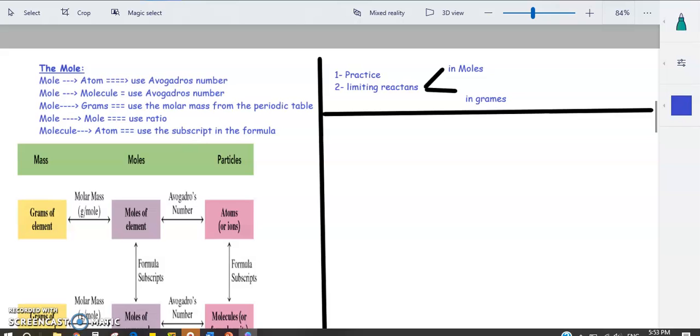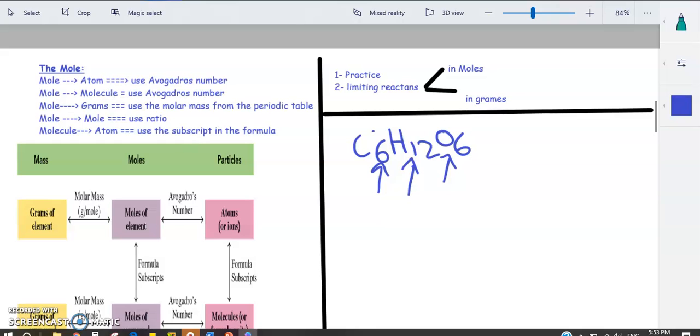So the last one means if, for example, you have our famous molecule, which is the glucose, it means that one molecule of this has 6 atoms of carbon, 12 of hydrogen, and 6 of oxygen. So these are all the formulas that we were talking about. This is just to memorize. So we covered all of this before,